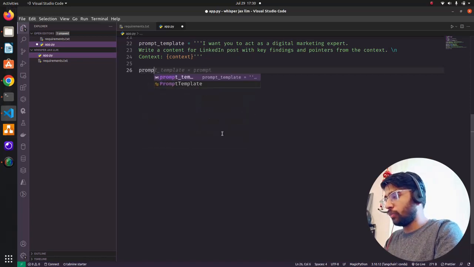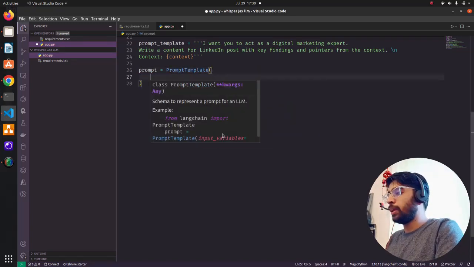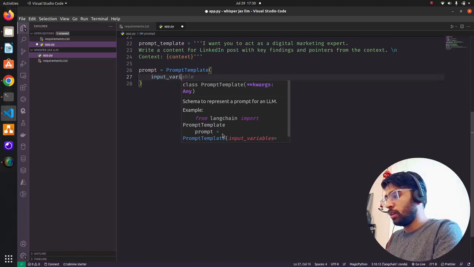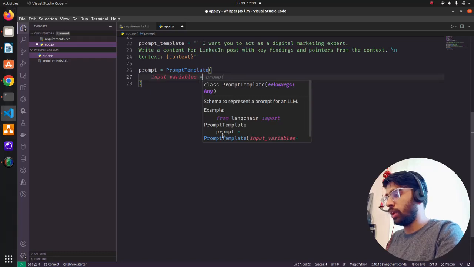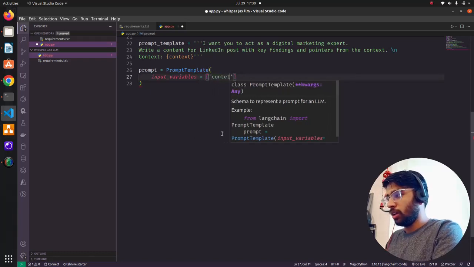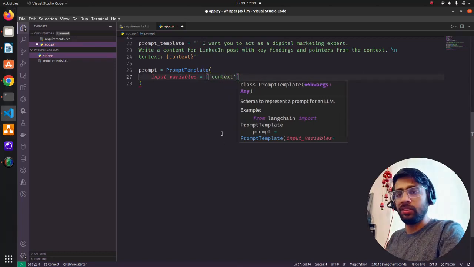Now I'm going to write a variable called prompt, and I'm going to use the Langchain PromptTemplate function that we imported on top, and within this I'm going to write input_variables. My input variables are, in this case, only context. If you are implementing other use cases, for example one that contains some questions, then you can also have context and question.